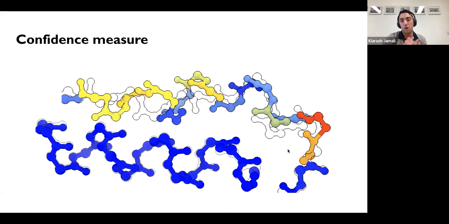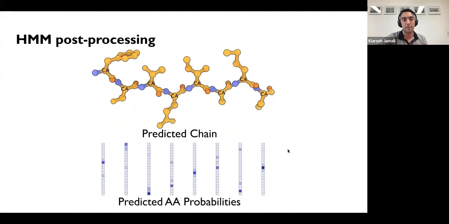So it gives you a lower predicted confidence for how this loop is going to look, for example. And that is represented in the B factors in the ModelAngelo output file, which we think is very useful. So that's also predicted by the graph neural network.